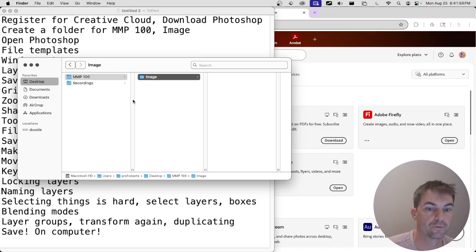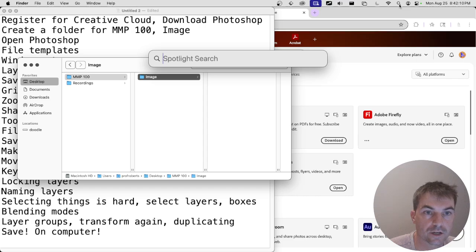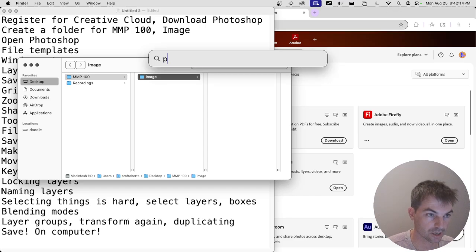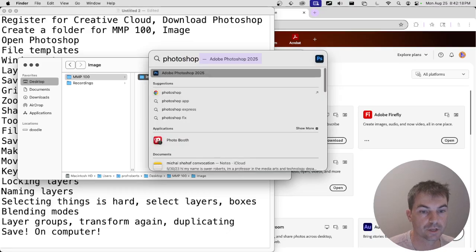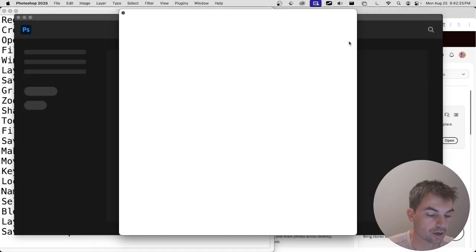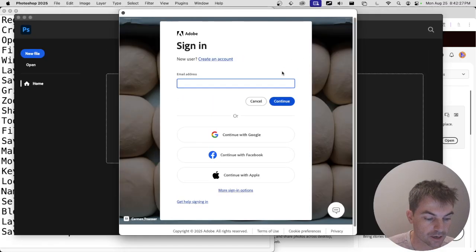Okay, so now that we have our folder set up, let's go ahead and open Photoshop. There's a few different ways to do this. You can open it just like any other application. I usually use Spotlight, so I click on this little Spotlight magnifying glass here, and I just type in Photoshop, and it should come up. Open it up. You can also go to your applications folder or your applications launcher, and it's going to ask